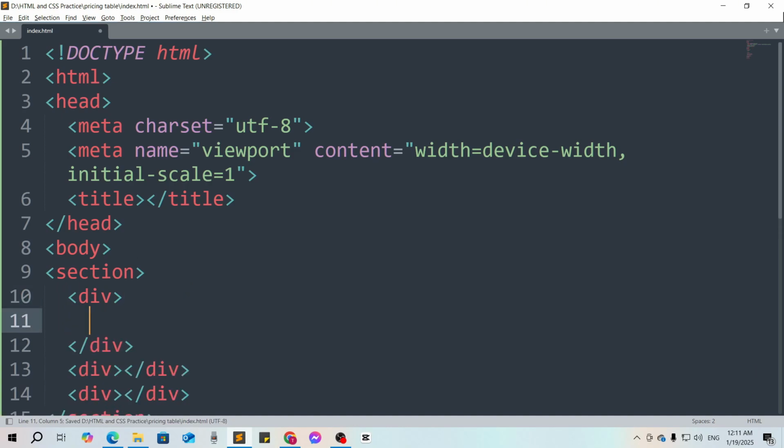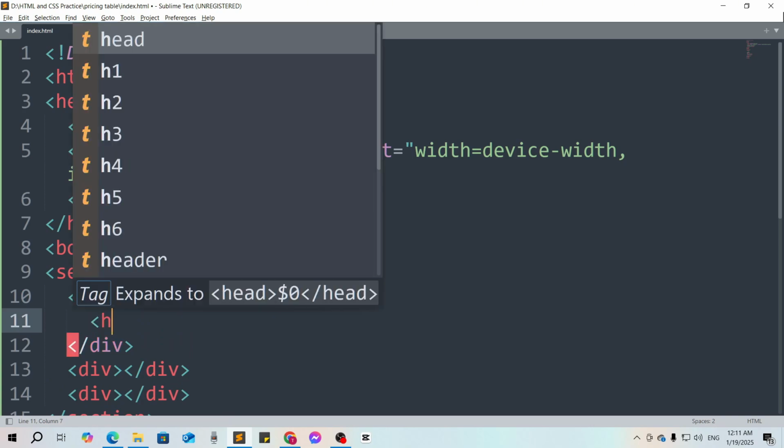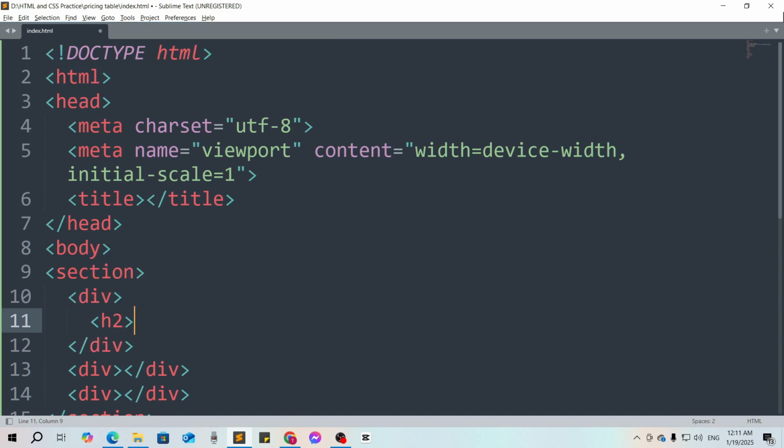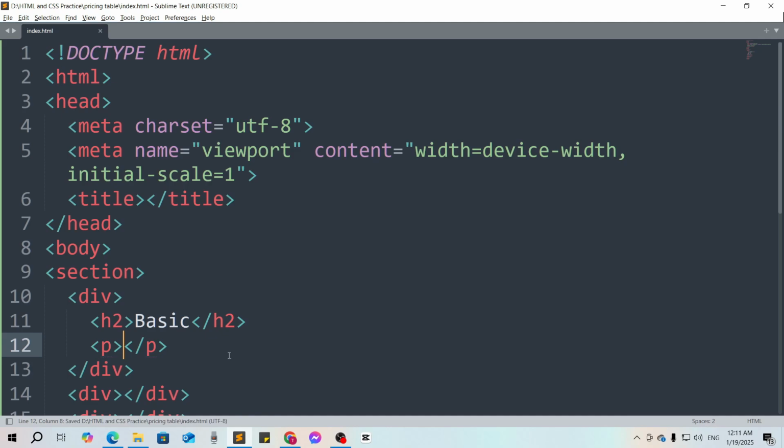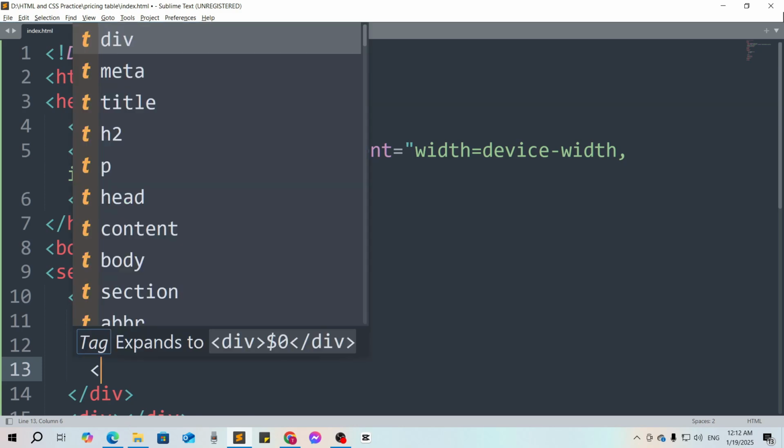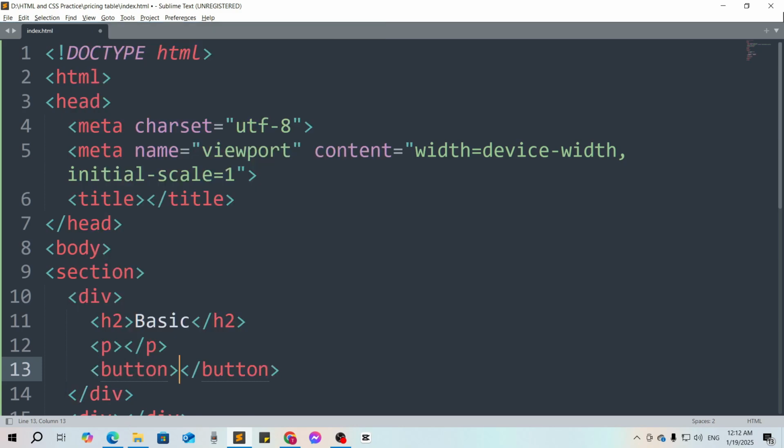So inside the div, I will use a header tag that is h2. Here I will say basic plan. Here I will add also a paragraph to add short description. Under the paragraph, I mean the description, we will add a button so that people can add as their plan, right? So we add a button here and we'll say start or, what can I say, sign up,